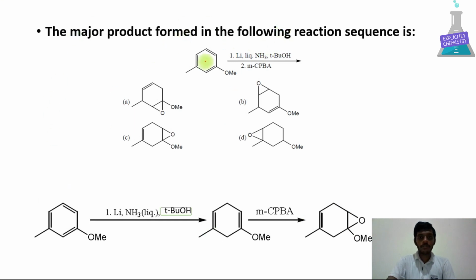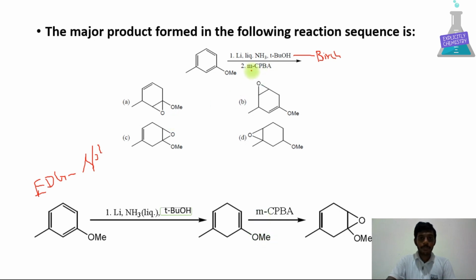You see, this is a question given. This is a compound. We are given with reagent liquid ammonia, and here you see alcohol is present. Lithium in liquid ammonia in presence of alcohol. This is Birch reduction. You see, this is the electron donating group. If electron donating group is present, it will be at the sp2 carbon. So you see here, this bond is sp2 and electron donating group is present.